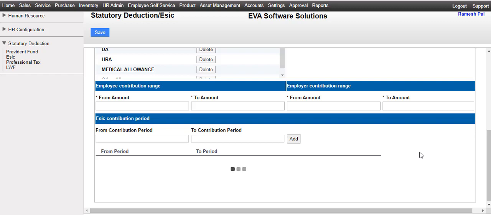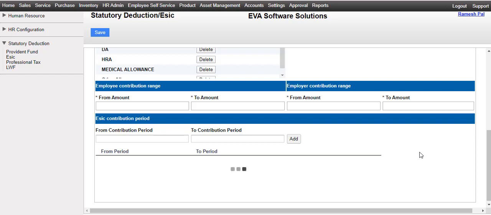Now we will talk about Employee Contribution Range section. As we know, all employees whose monthly income doesn't exceed Rs 21,000 per month are eligible to contribute for ESIC. Also, the employees earning daily wages up to Rs 176 are exempted from ESIC contribution.